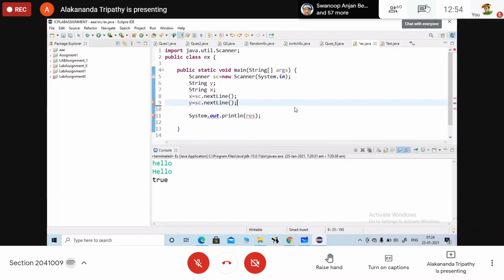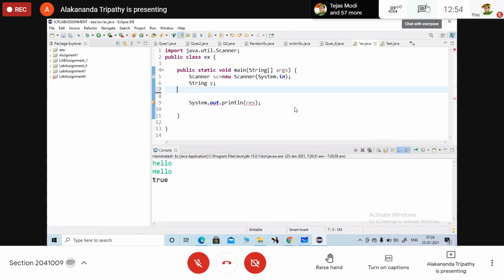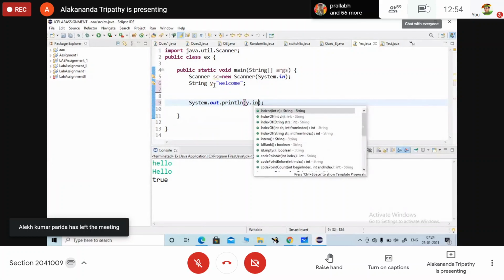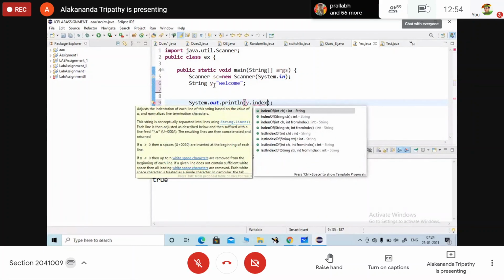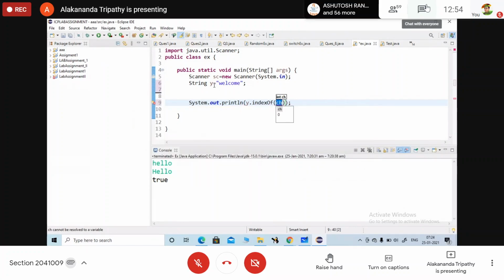If I am going to input here, y is equal to "welcome". System.out.println. Here I am going to write y.indexOf("e").